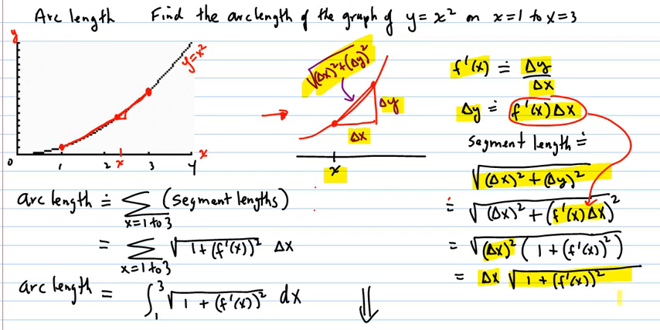So the arc length is going to be the sum of all those segments as we move x values from 1 to 3. So you have the sum, and it sets up an integral very nicely. The arc length is going to be from x equal to 1 to 3 of this quantity dx. So then to finish that up,